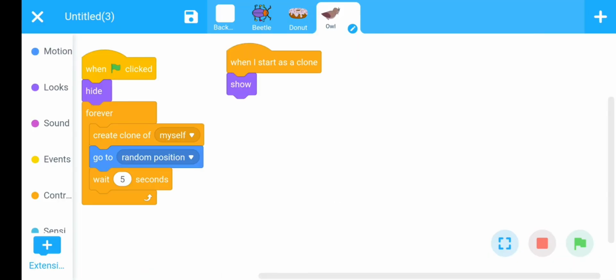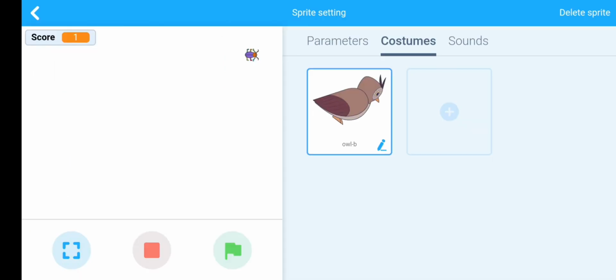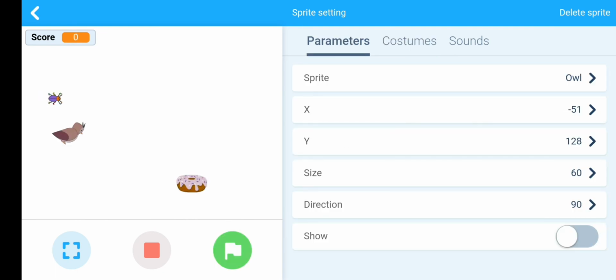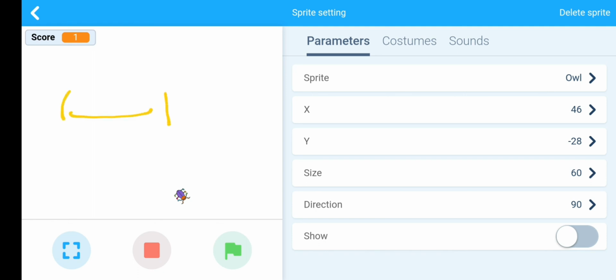Now the condition. We want to add a condition there. Whenever the beetle reaches the owl, and the distance between the beetle and the owl becomes less than 75, then the owl starts pointing towards the beetle to eat the beetle.